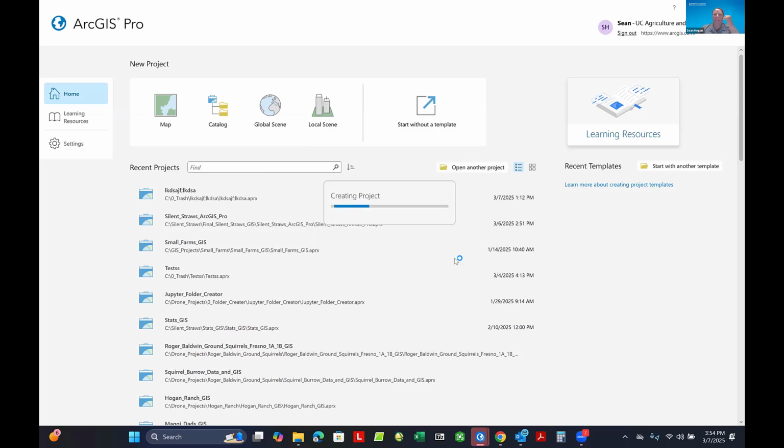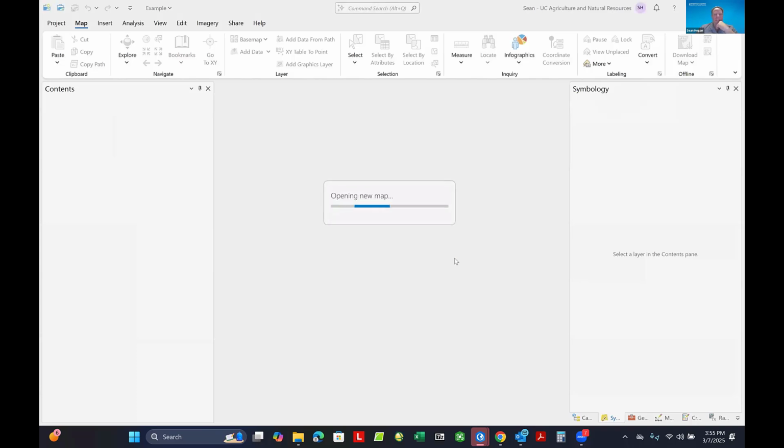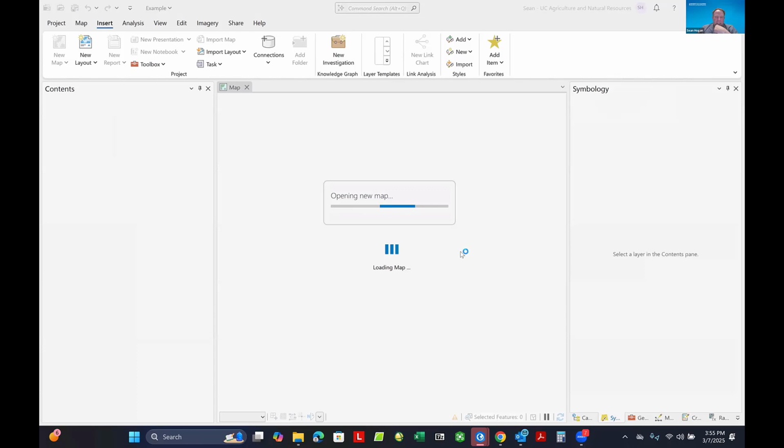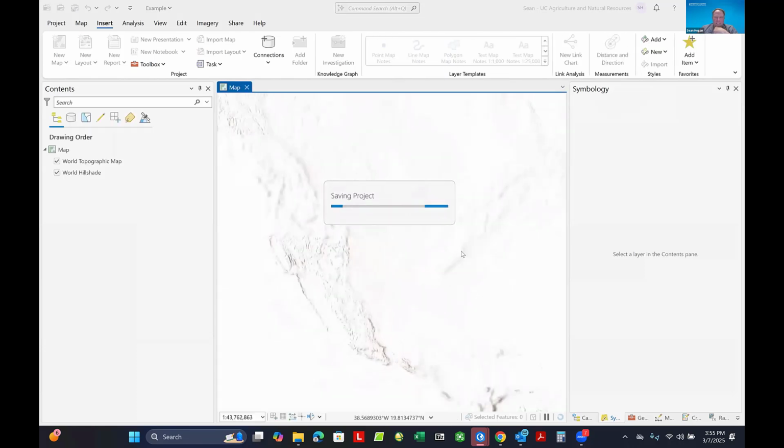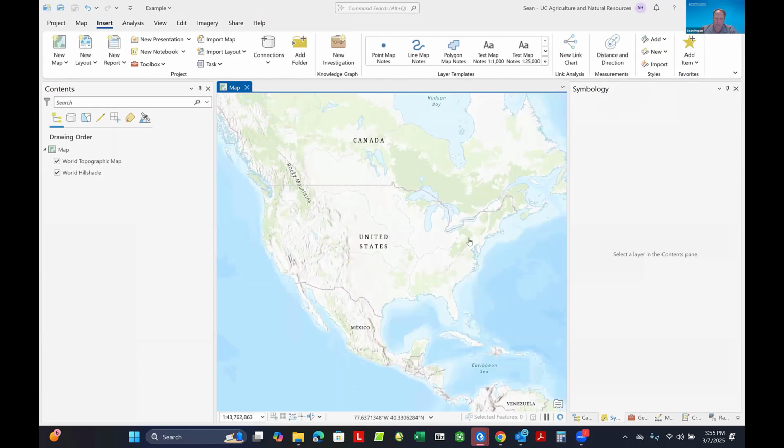So once I bring the project up, this is a pretty neat thing about ArcGIS Pro and how it integrates with ArcGIS Online. It's one of the spokes of that constellation of apps that revolve around the hub of ArcGIS Online now. So here, once we're in here, we can add our online data, and the way that we do that is